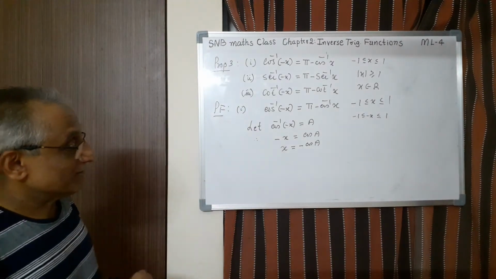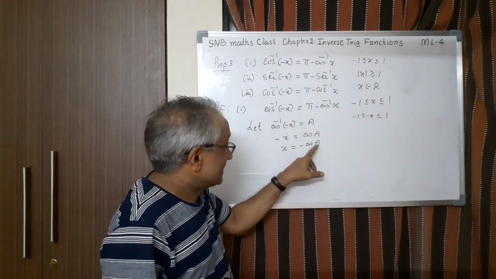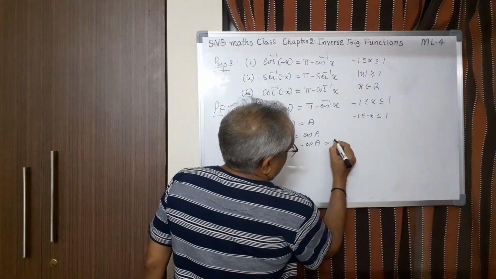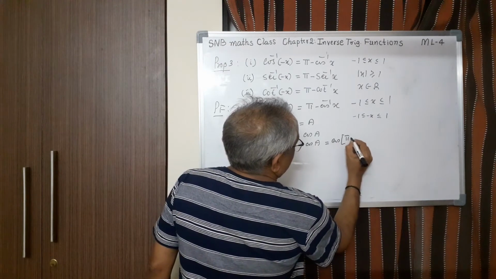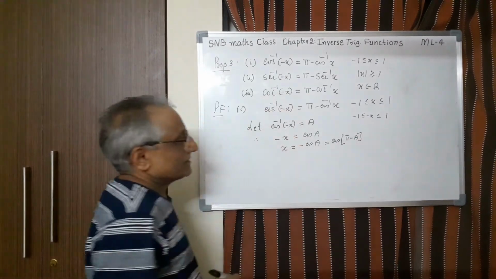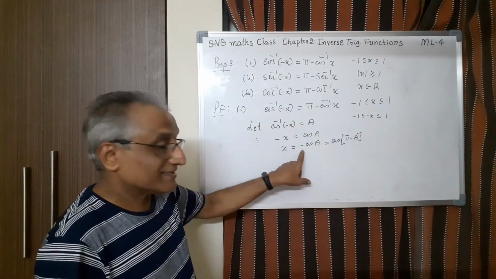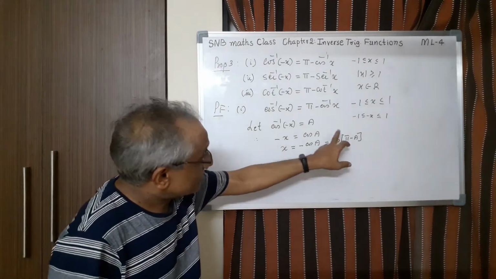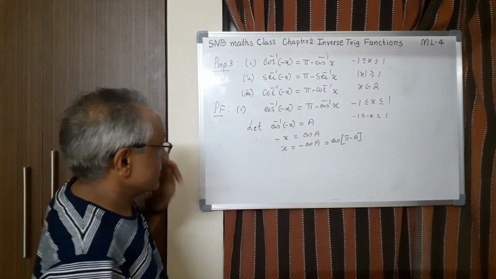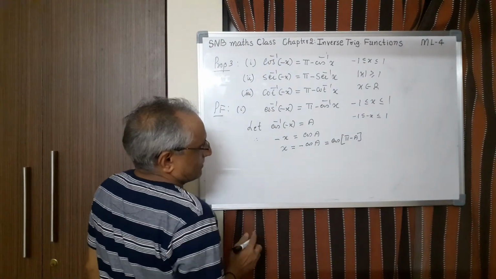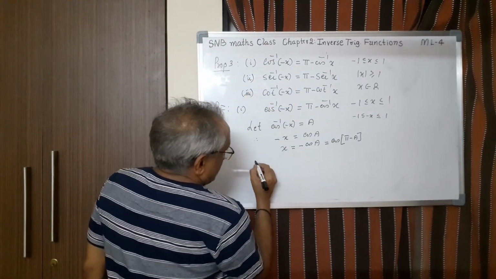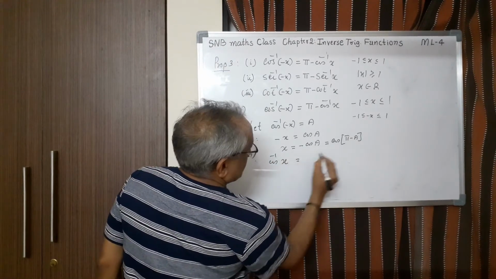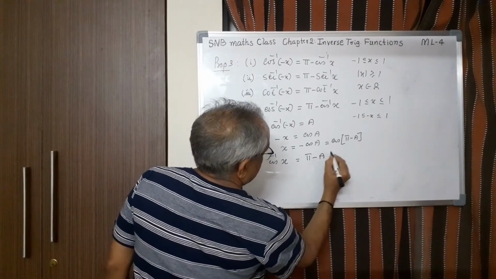Now there is a small problem. In case of sine, minus sine a is sine of minus a. But here you can't do that. What you have to do here is take cos of pi minus a, because cos of pi minus a is minus cos a. Because it is in the third quadrant, 180 minus theta, and in the third quadrant cos is negative. Therefore, this is the formula. Therefore, now we can say cos inverse x must be equal to pi minus a.